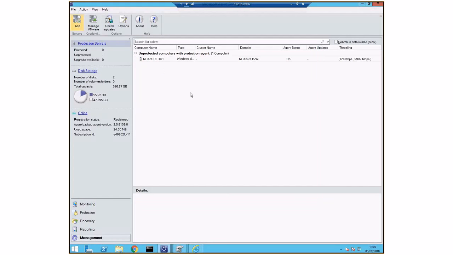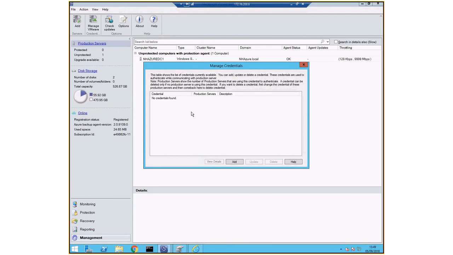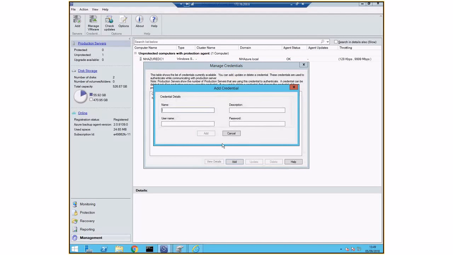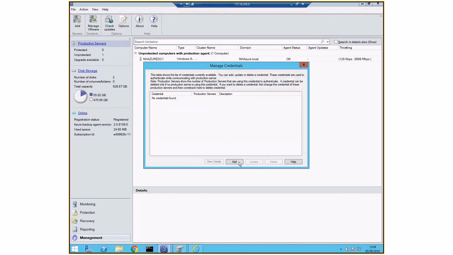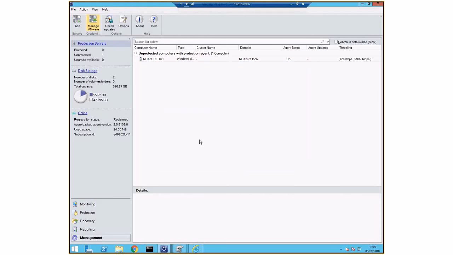I don't have any VMware running at the moment, but after that registration I would see my VMware host or hosts, and from there I would be able to select the virtual machines running on that VMware. If you have different hosts and different credentials for the hosts, on the second button, Manage VMware, is the place where you add the usernames and passwords, the different credentials you will use when connecting to the VMware.